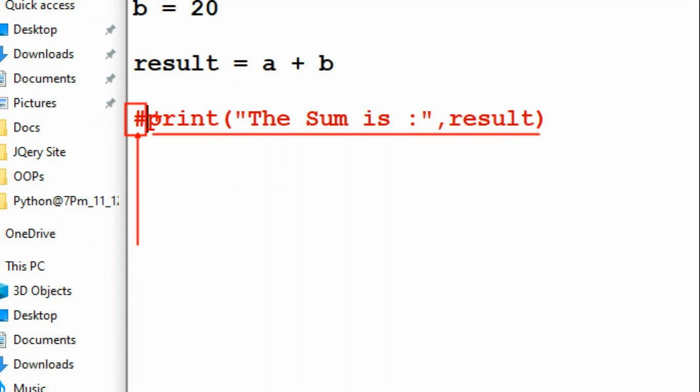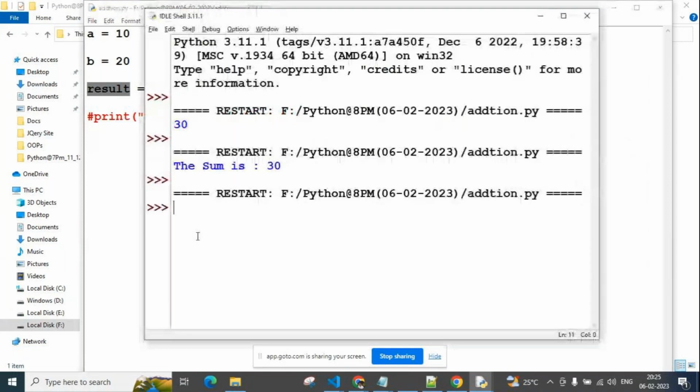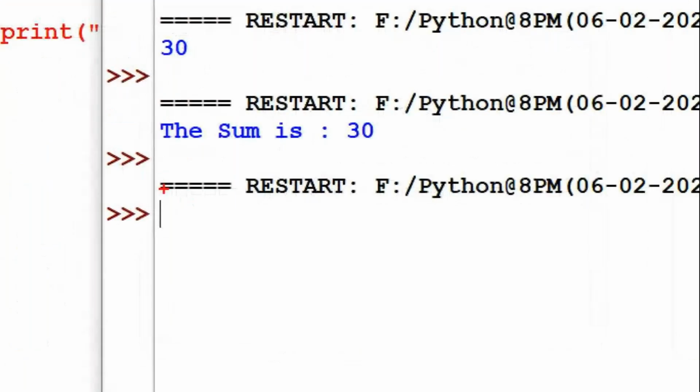So this is like a commented line in Python. Remember. Right now this line is not executing, just storing 10 and storing 20 and adding both values and storing into the result, but not printing. That's why we are not getting any result here.